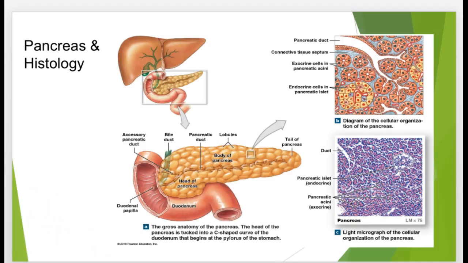So let's see if I can kind of draw this out for you. It might be a rough sketch, but we've got our fatty acid. We're just going to draw our fatty acid today as a square. All right. Fatty acid, it's our lipid, right? The whole point of an emulsifier, our bile, is to actually physically